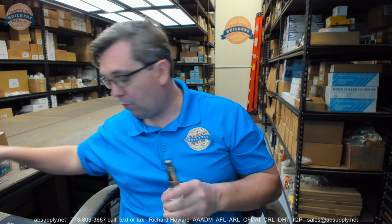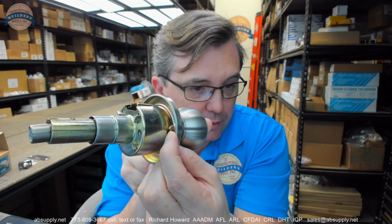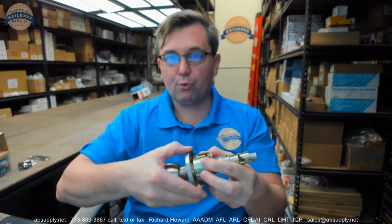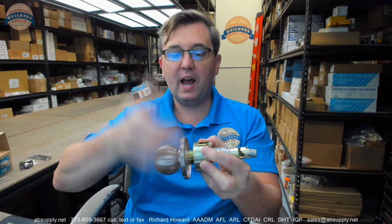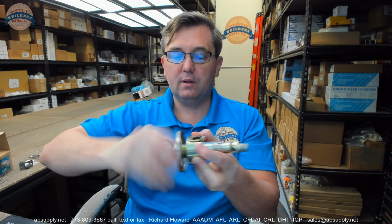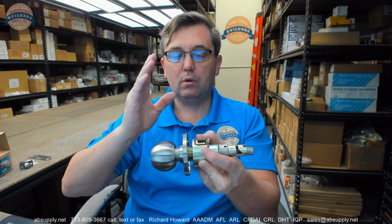Now, before you get to any of that, we did skip over an important subject. See that little prong right there? There's another one right here. Those are generally installed at 3 and 9 o'clock. At 3 and 9 o'clock. Okay? That threaded rosette needs to be threaded so that you're